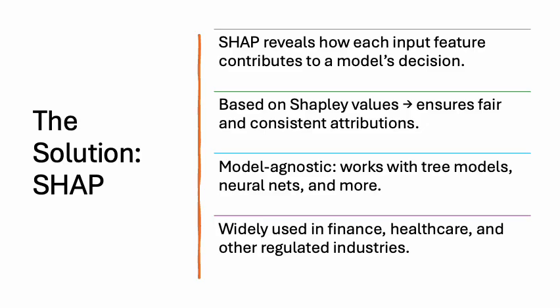So this is where SHAP comes in. SHAP is short for Shapley Additive Explanations. And SHAP takes any AI model and shows you in plain language which factors drove its decision. For example, in a loan approval model, SHAP might tell us that income increased approval probability, while debt lowered it. It's based on well-established math from cooperative game theory, but the beauty is the output isn't math. It's clear, understandable explanations. SHAP turns black box models into something that business leaders, regulators, and customers can actually trust.